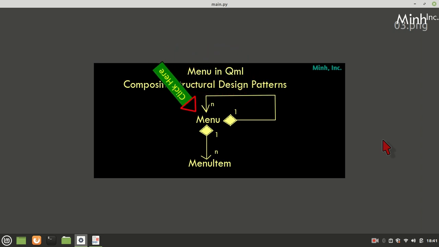So a menu can have many submenus of type menu. A menu can compose multiple menu items. These are buttons. A menu item cannot compose a menu item. A menu item cannot compose a menu. So a menu item is a leaf element, whereas a menu is a container. It can compose itself, or it can compose menu items.